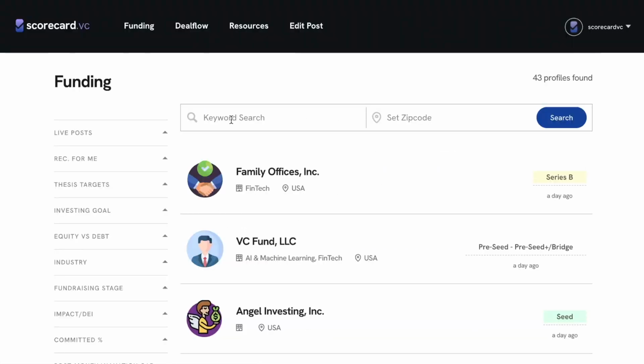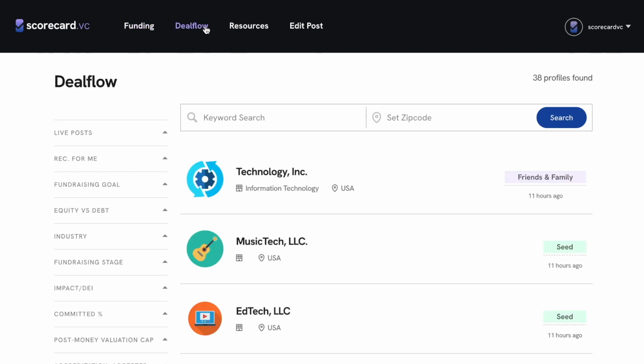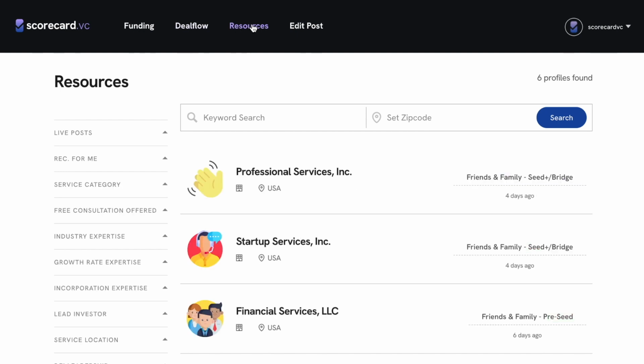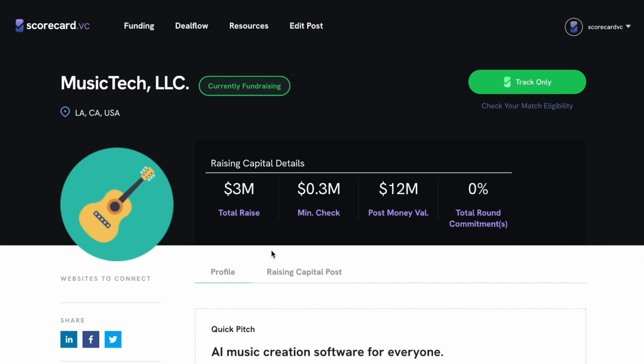After you have completed your profile, you can browse through the respective lists to find investment opportunities under the Funding tab, companies seeking capital in which to invest under the Deal Flow tab, and service professionals who support startups under the Resources tab. When you find a listing of interest, click on it to view the profile, then you can